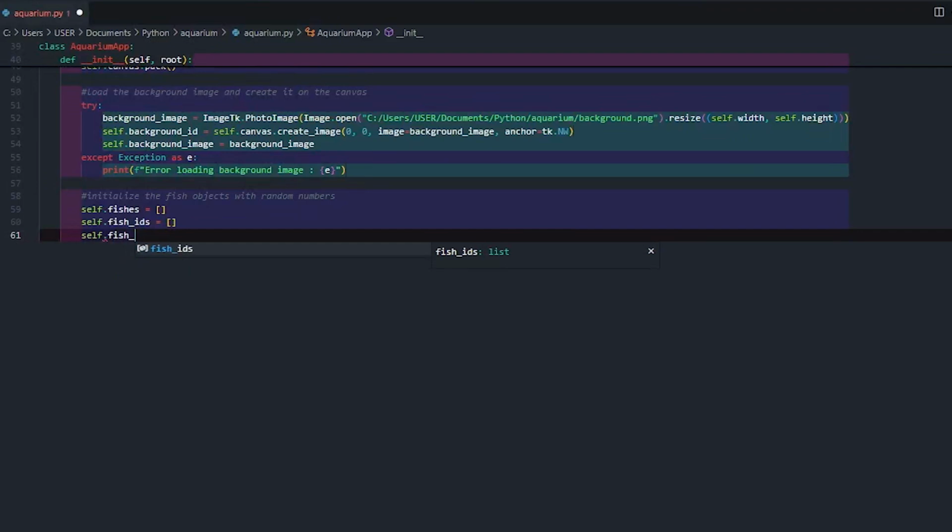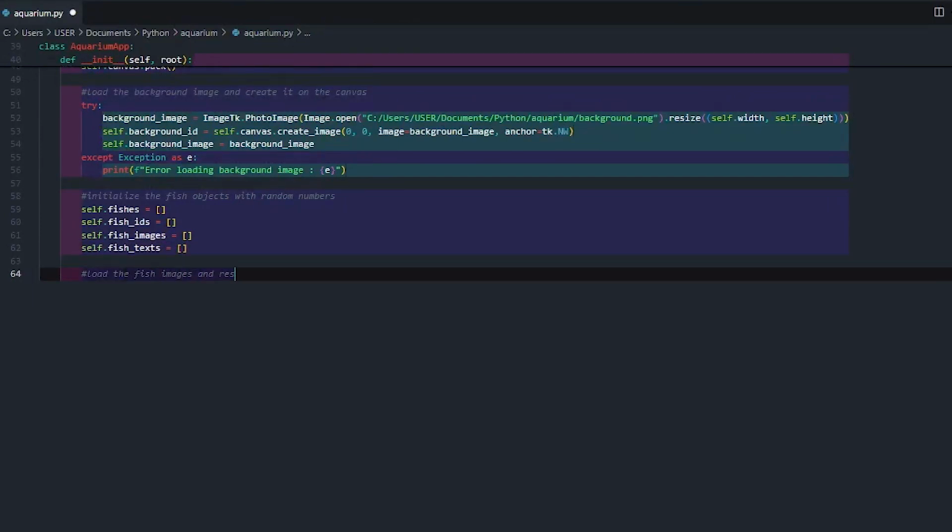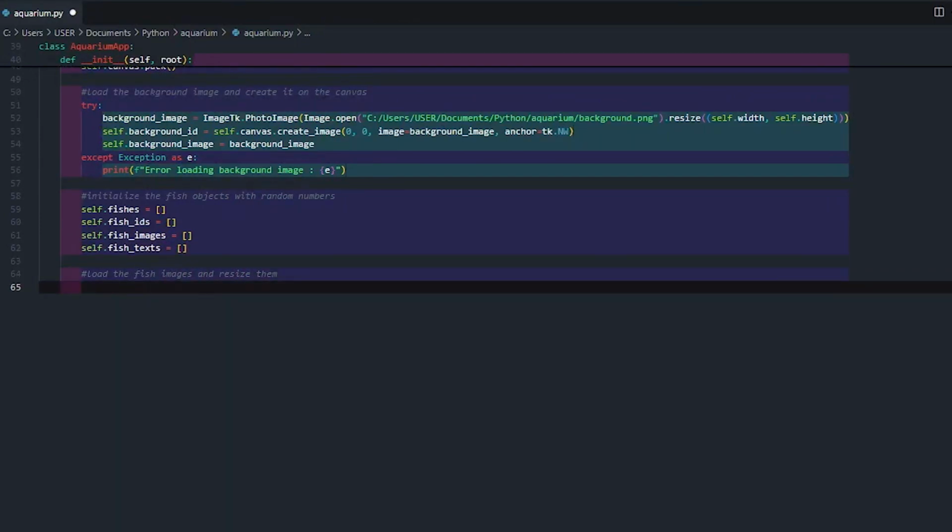Self.fishes and self.fish_ids, and then fish_images, and then fish_tags. These are the tags that will display the random number assigned to each fish. Now we're going to load the fish images and resize them appropriately, and make sure the image files are also in the correct directory. Try